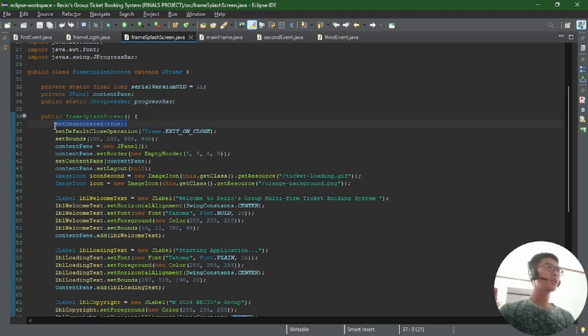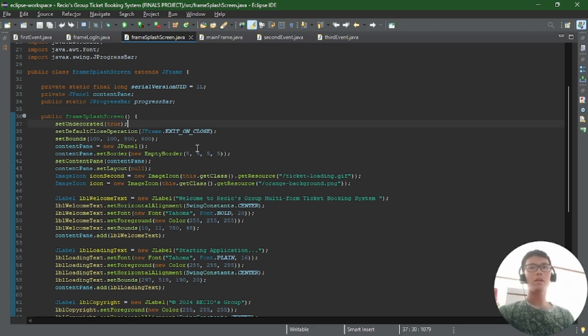When we say set undecorated, it removes the minimize, maximize, and close buttons in the JFrame. The window's size and position are defined, and the main panel is set up with a border and null layout for absolute positioning. Images for the loading animation and background are loaded from the class path.